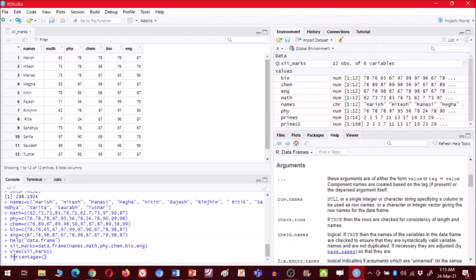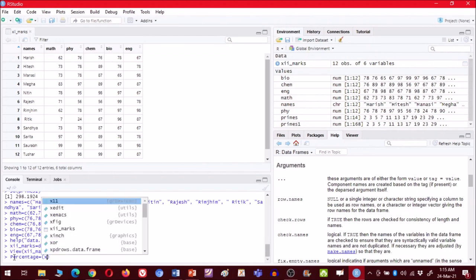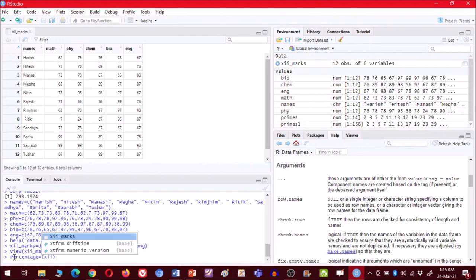So within parenthesis, first is the name of the file, so this is 12th marks, sorry, small letters, 12th marks. This is the name of the file, then the dollar symbol, and then you have to enter the column that you want to add.